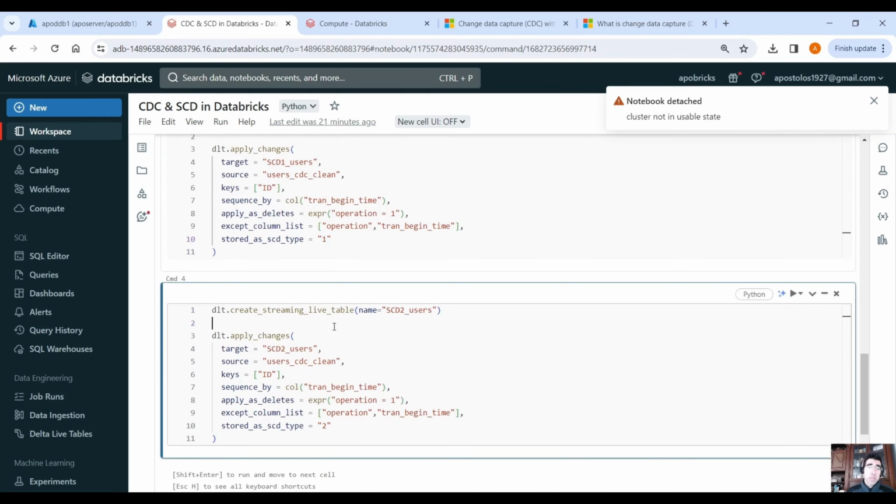We are doing the same using slowly changing dimension of type 2, right? So we can keep track of the history of the records. So we create a new streaming live table called slowly_changing_dimension_type_2_users, same source, keys, sequenced by the same timestamp column, apply as deletes operation equals to 1, except column, again we don't need those columns, doesn't really matter. Actually, let's leave that,